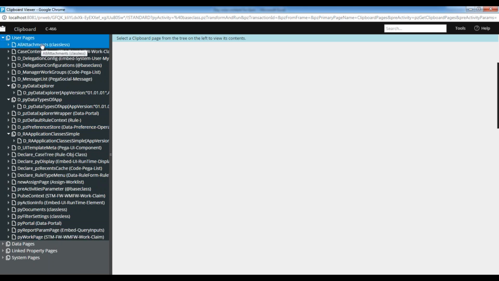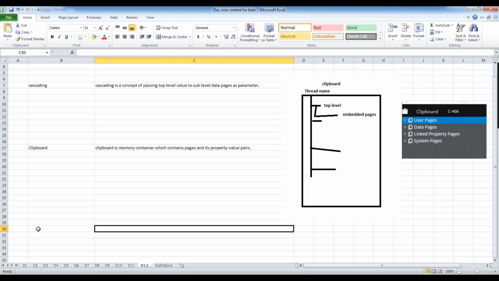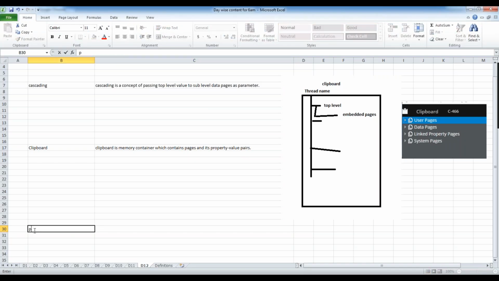So why are this many top level pages created? The actual case data will be stored in one of the top level pages called pyWorkPage. pyWorkPage is a top level page where all the case data will be stored.